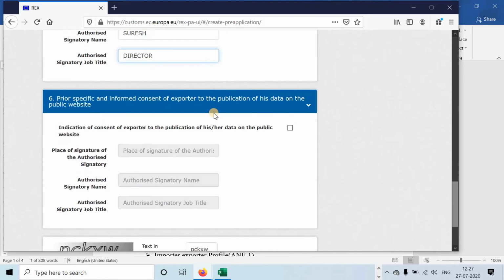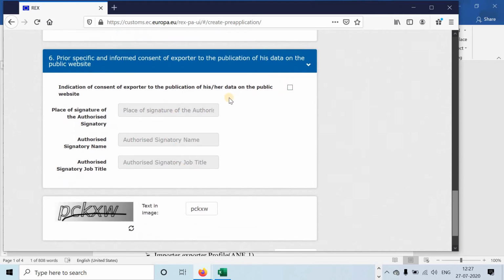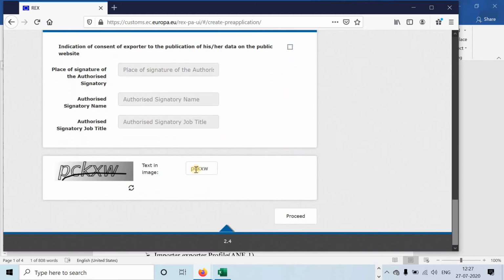Okay. Then the last point. Here this doesn't require you to fill in. If you want to publish the data, then click here and you can go for it. Then you add this and you proceed. Once you proceed, the application will be submitted. The 2-3 points I had told you, that you remember, your application will proceed and it will be okayed in the first attempt only. Okay.